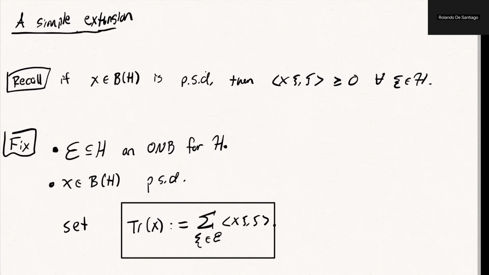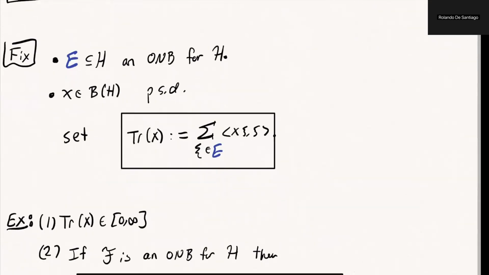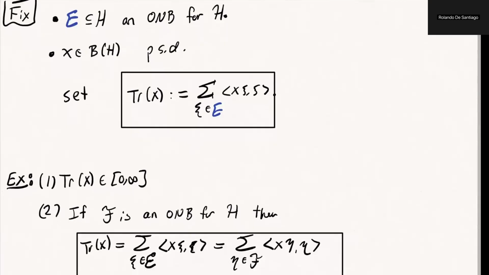Now, let me change this up just to make things a little bit nicer. If you start with an orthonormal basis for your Hilbert space, and X is a positive semi-definite operator, this thing that I'm calling the trace of X is going to be something that I can compute. And you should be able to show that under these assumptions, the trace of X, as I've defined it here,